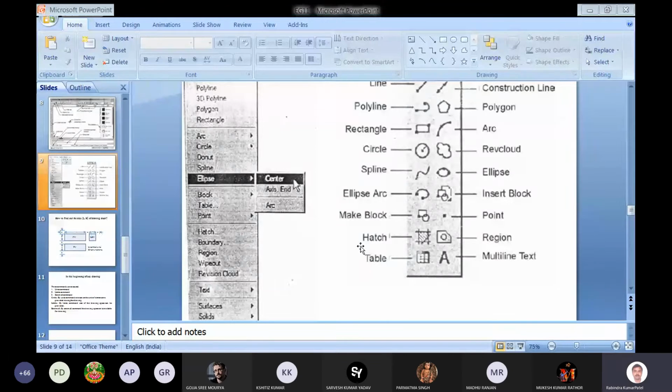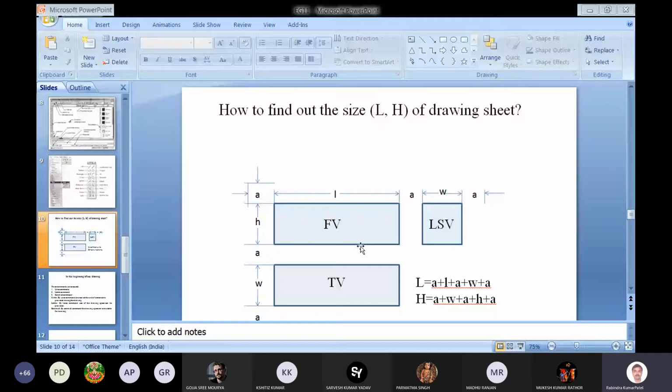So before starting your drawing, what should we do? We should select the drawing space, the drawing area. On what basis do we select the drawing area? We will have the length of the object, height of the object, and width of the object. If we have all three dimensions of the object, then we can calculate the actual area required for our drawing.